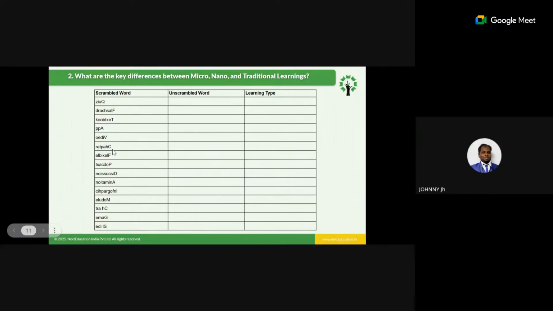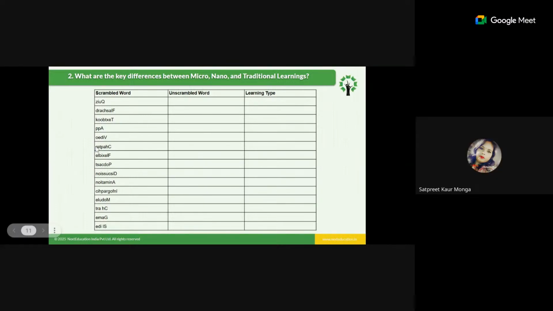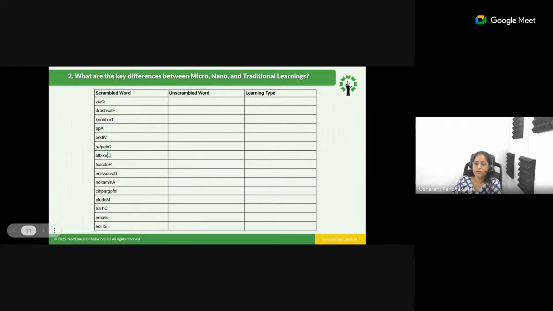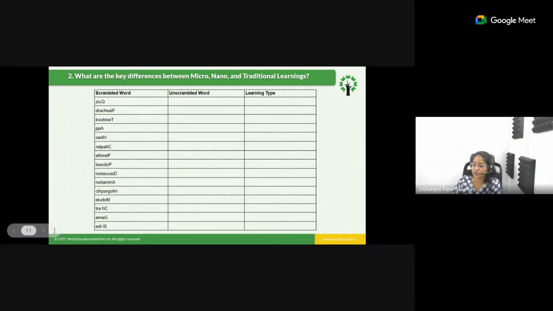What about this? Chapter. Very good. Chapter. So chapter, where do you follow? Traditional learning, where we take an hour or 2 hours, sometimes even 3 hours, to complete one chapter. If the information is very generic, like an ecosystem or a forest or pollution, we don't need to take 3 or 5 days or 10 working days. Instead, we try to complete it by taking even a zero hour.